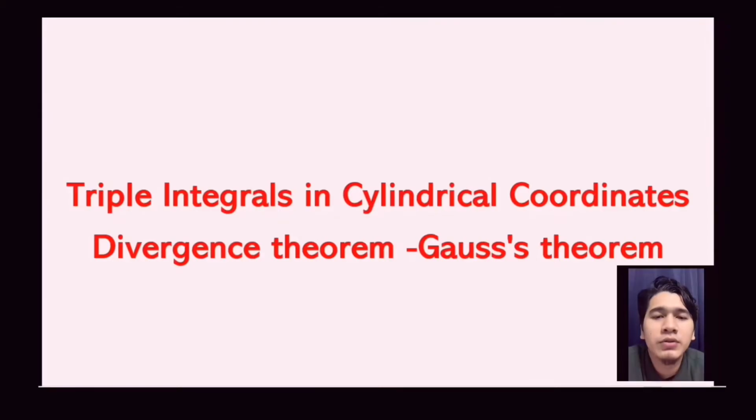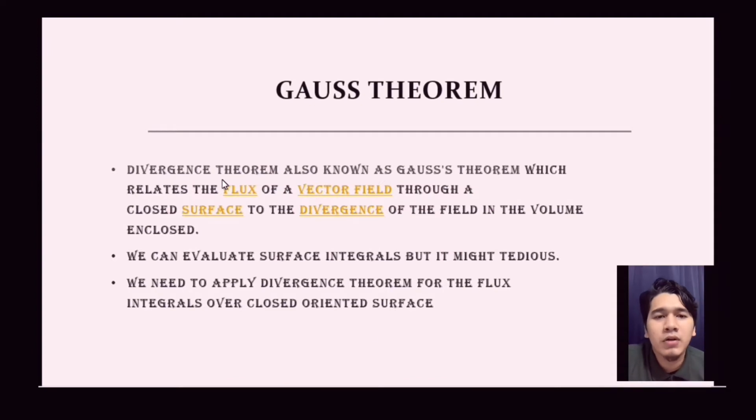Today we are going to discuss triple integral in cylindrical coordinates, that is the divergence theorem. The divergence theorem, also known as Gauss theorem, relates the flux of a vector field through a closed surface to the divergence of the field in the volume enclosed. We can evaluate the surface integral, but it might be tedious, so we apply the divergence theorem for the flux integral